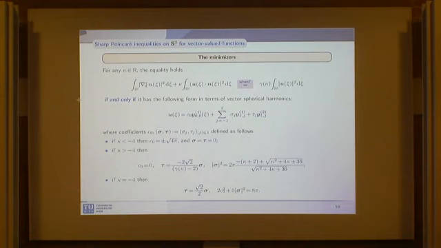I have been many times on the other side of the room, so I know that it would be completely useless to go through this. We can discuss later if someone is interested. But the important point is that you can really characterize in a simple way also the minimizer. And also we recover the classical Poincaré inequality on the sphere for tangential vector fields.